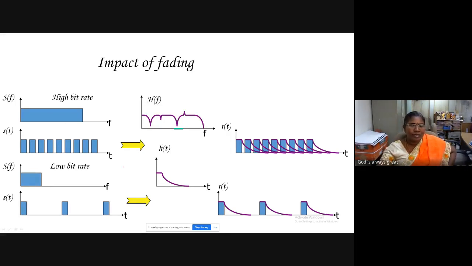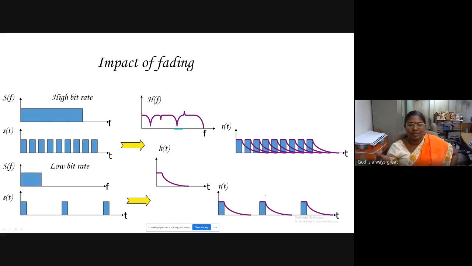You need to transmit low-speed signals so that the response of one bit does not interfere with the adjacent bit. Therefore, your high-speed data symbols are converted to low data rate symbols. Once you transfer these low data rate symbols into the channel, the delay spread nature of the channel will not create inter-symbol interference. Now, will we be satisfied with the low data rates achieved in mobile communication? No, we want multimedia, we want gaming. The channel should be capable of delivering high-speed data.